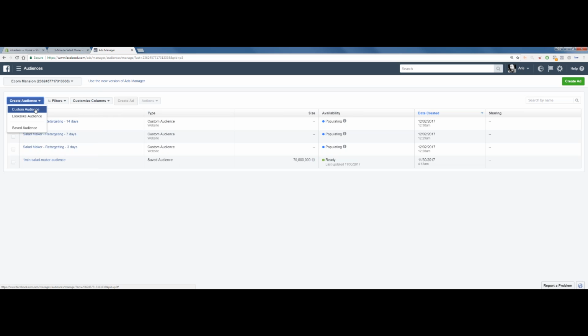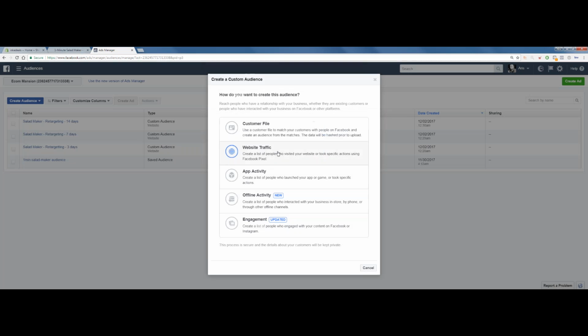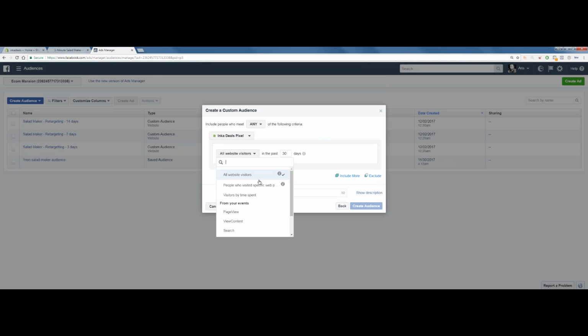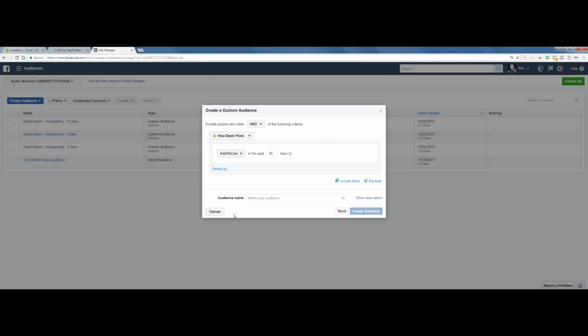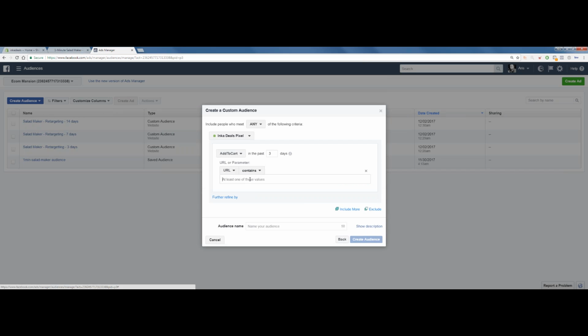The next thing we're going to do is create a custom audience again, because we need to identify a different type of audience, the audience that has added to cart. Same thing, 3. We're going to refine it by parameter. Okay, this is the first product.